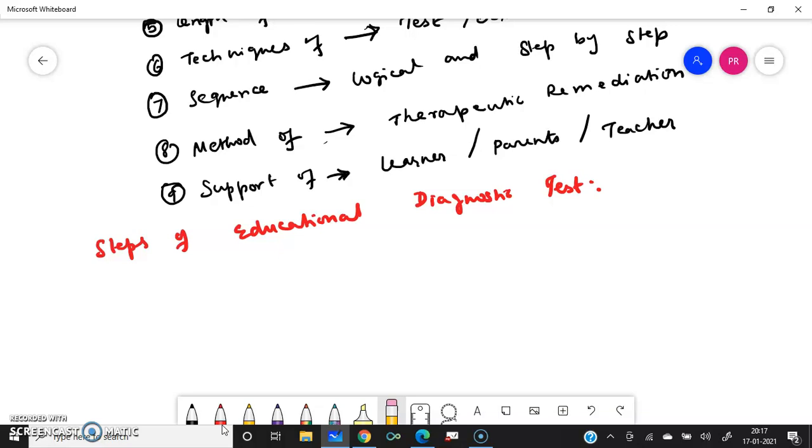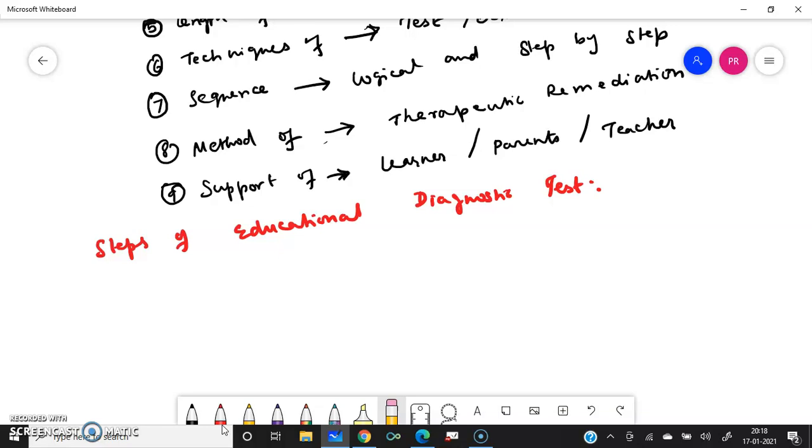Informal classroom unit achievement test. Suddenly, meaning without telling them that today you are going to have a test, you can give some simple test. Like you can ask orally, something like that. It is an informal type of test. Students should not know that you are giving a test and diagnosing them, right? Like that, informally you can do it.